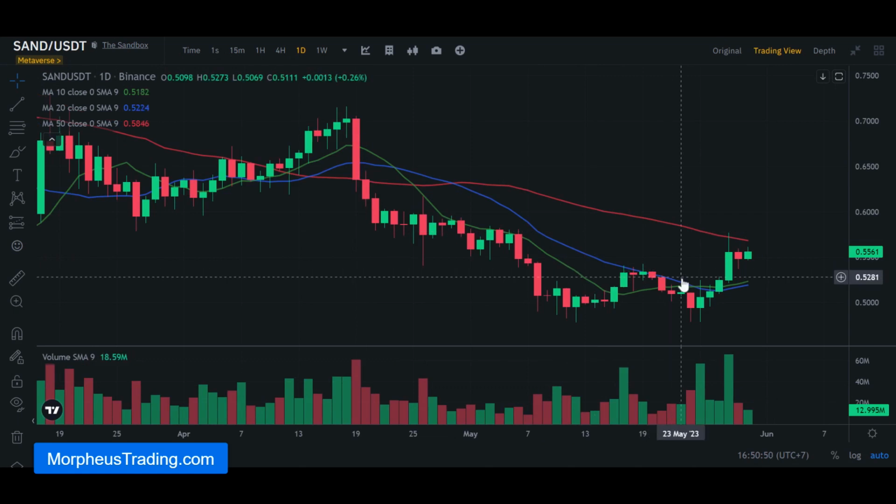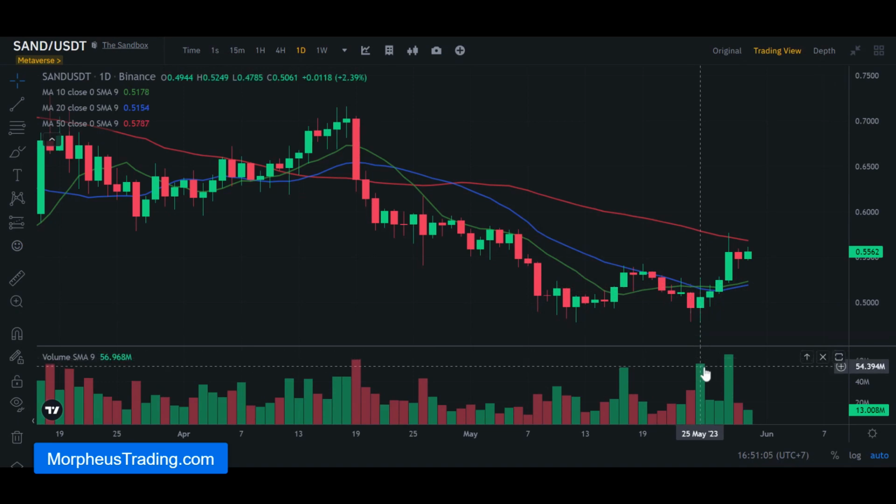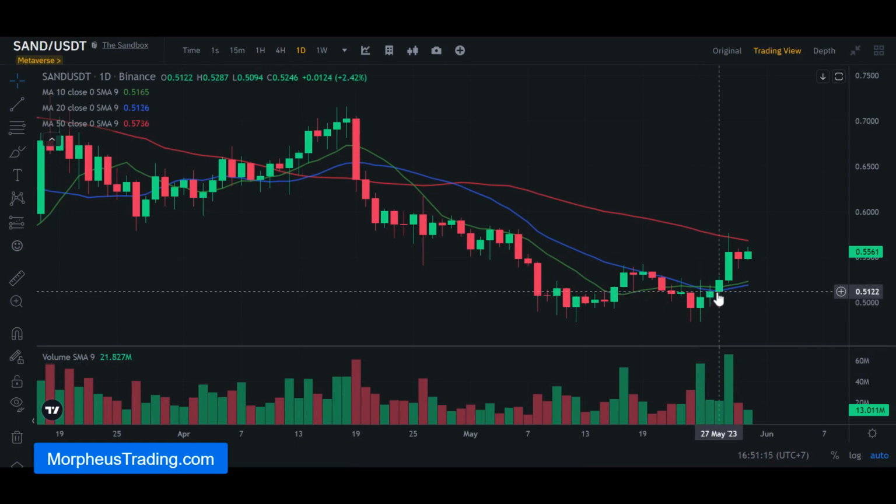We bought SAND back on the 25th as soon as it moved above the high of its 10 and 20-day moving average convergence. What sparked our interest here was we formed a double bottom the day before from the prior lows, and then we saw big volume, this volume surge. So the volume kind of clued us in that there was some accumulation, and we had already established support at the prior lows. So we went ahead and bought at 51.55,